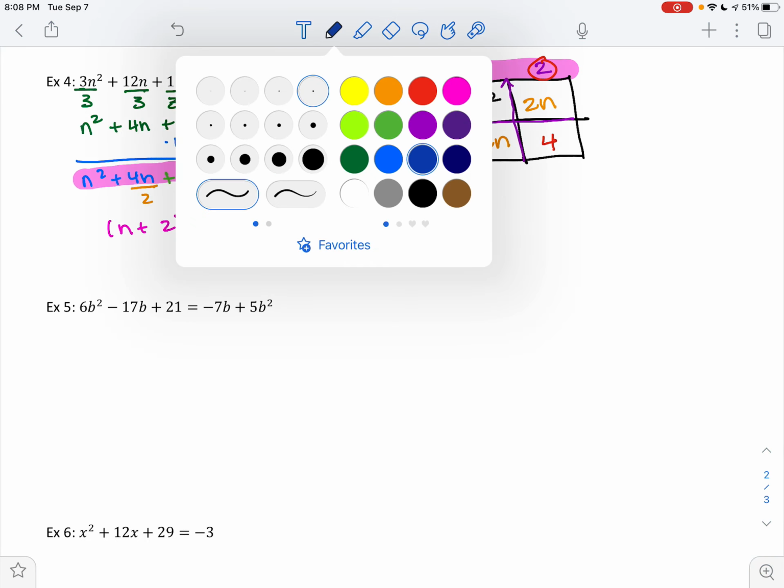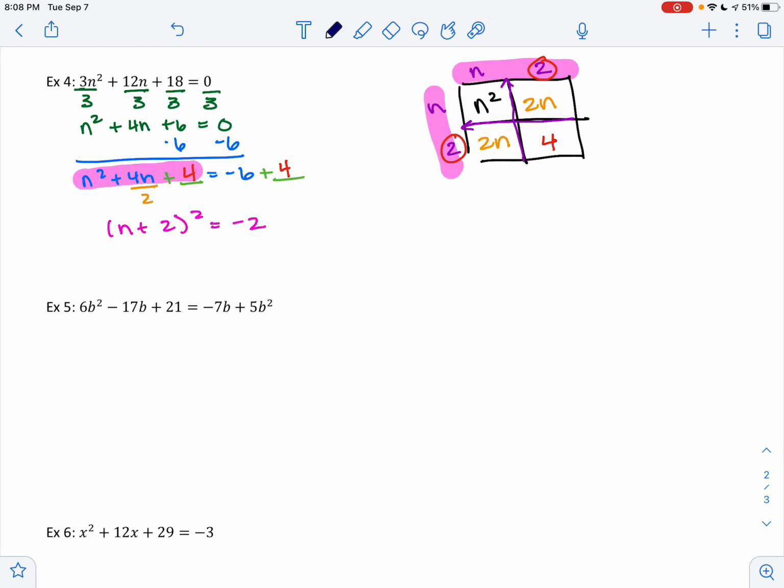From here, I want to undo a square. To undo the square, I'm going to take the square root. The square root undoes the square. I'm just going to move over here so I have more room. And I'll have n plus 2 equals, whenever you take the square root of a number, it's always plus or